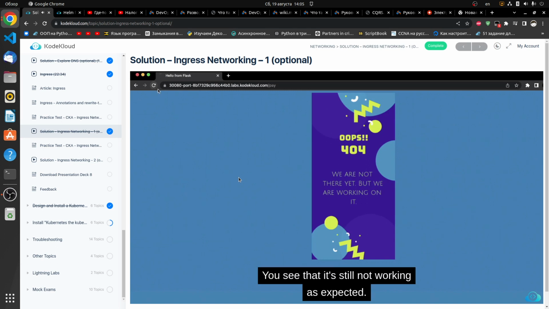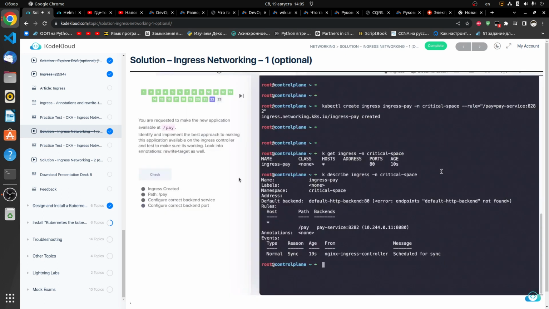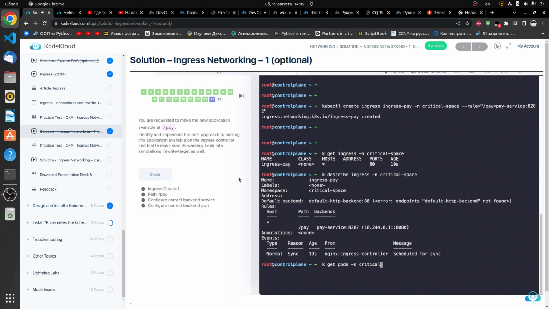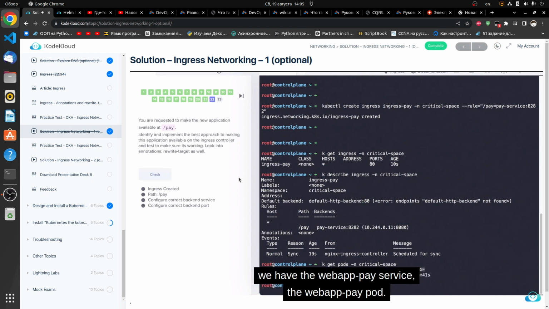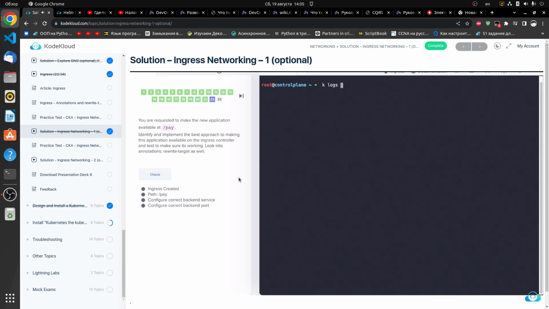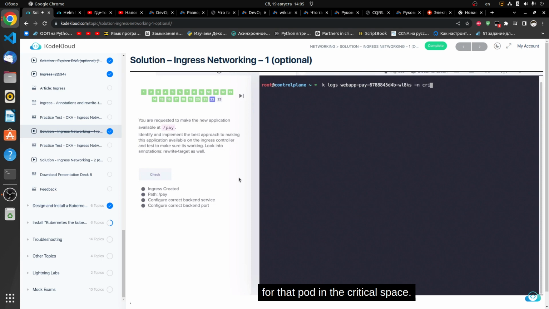But you see that it's not working as expected. It still gives the 404 error. So let's take a look at the logs and find out why. If you look at the logs of this application in the critical space, we have the web app pay service, so the web app pay pod. Then we're going to get the logs for that pod in the critical space,